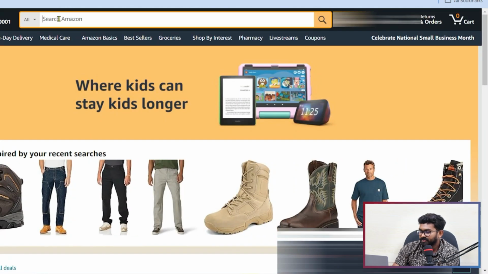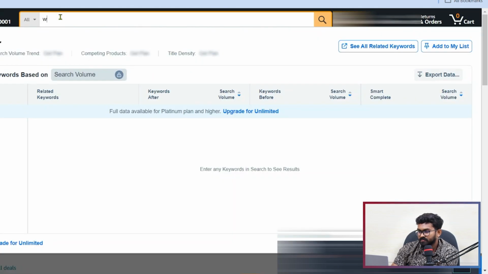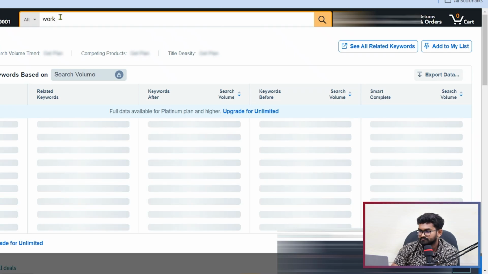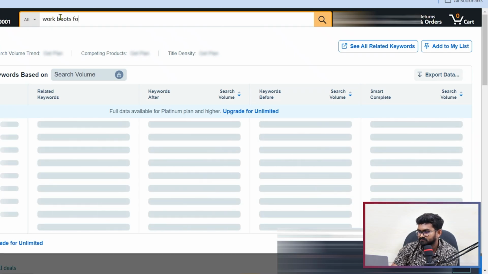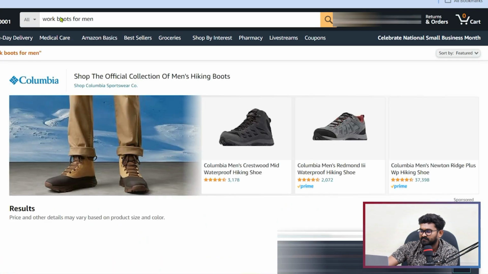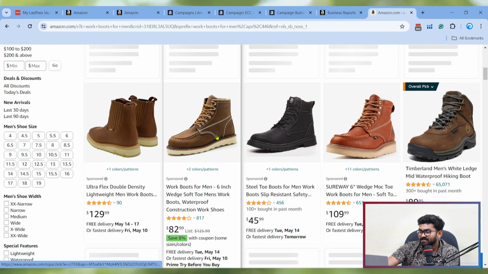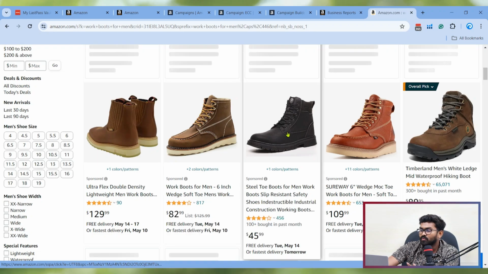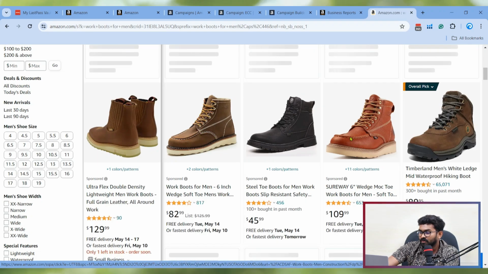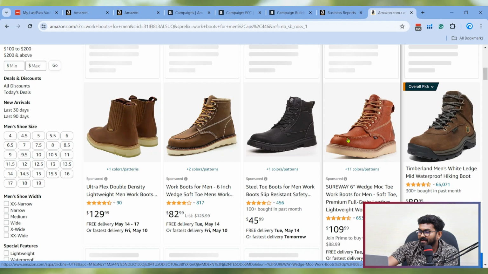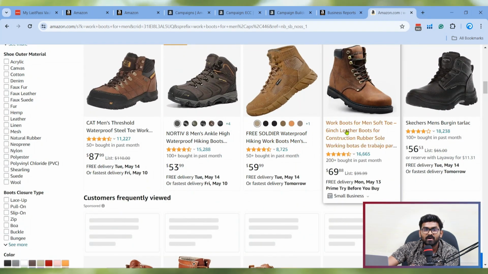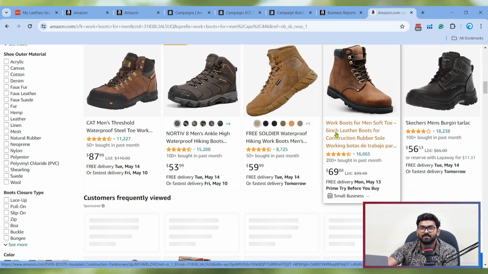If I go to amazon.com, let's look for the keyword work boots for men. And look at the search results. You need to keep in mind that the top of search placement will work only for the first row of the first page, and all the other ads will work under the rest of search placement.